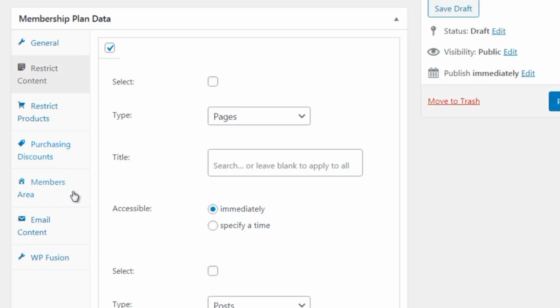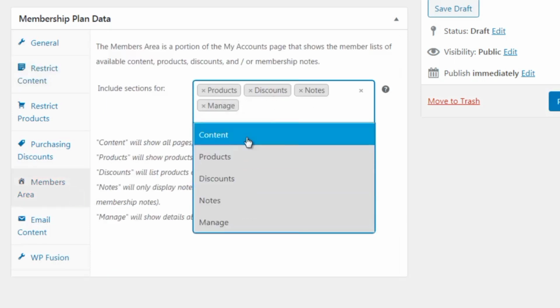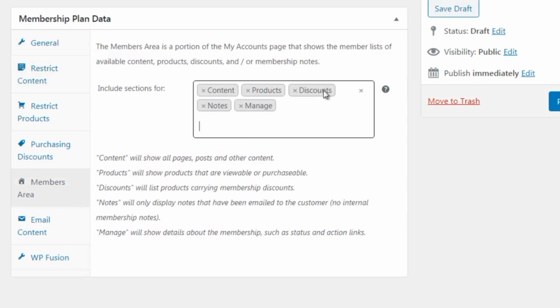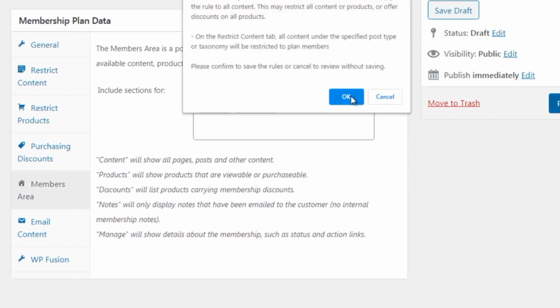Then we have members area. And for this one, I would just include everything. So I would include the content, the products, the discounts, and everything. And then email content is self-explanatory, and that's all you have to do. So once you are done with that, we would click Publish, click OK,